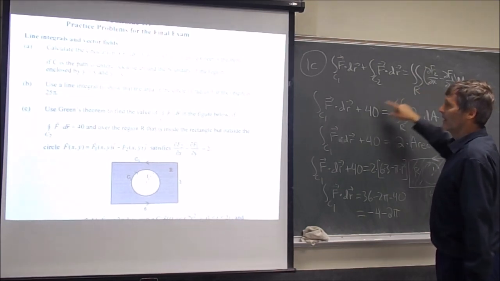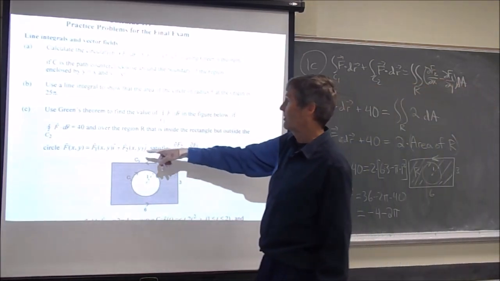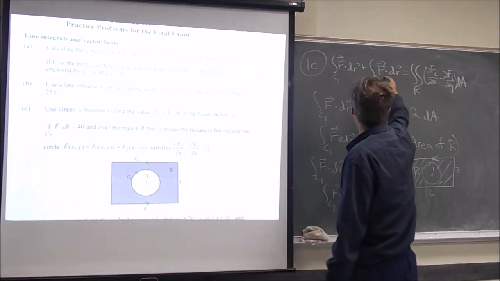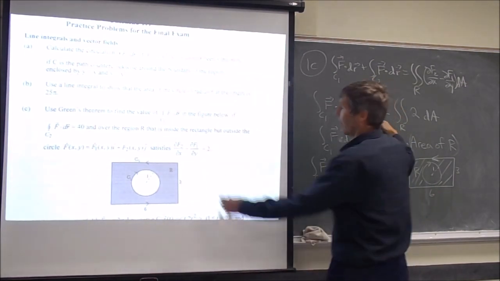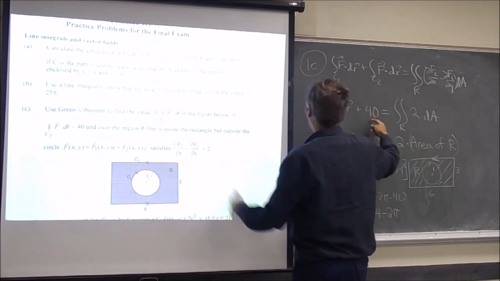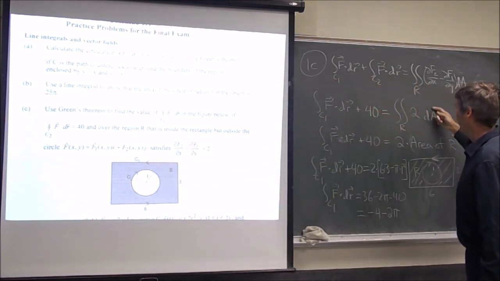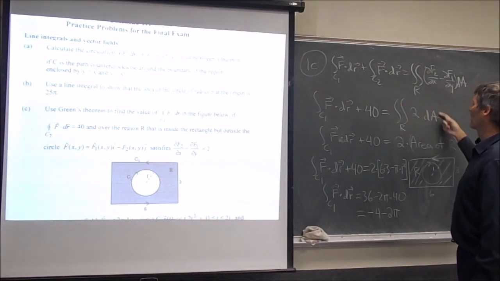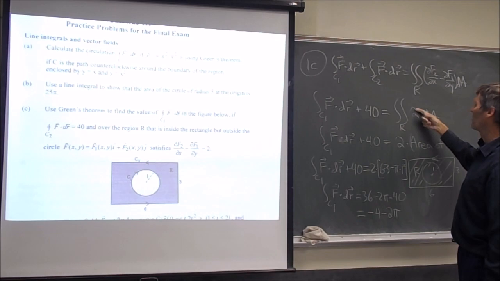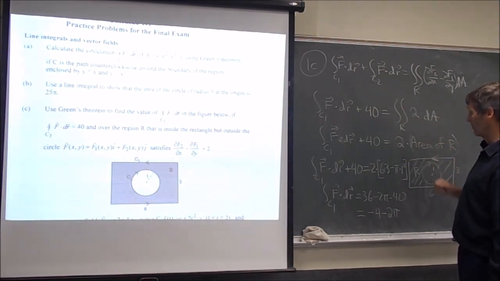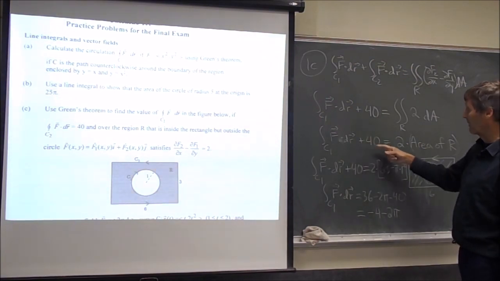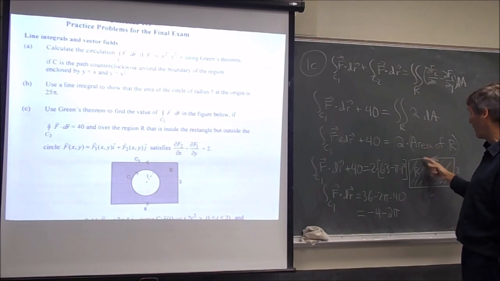So now the problem also tells us that the line integral around C2 is known to be 40, so we'll put that in. And that over the region, ∂F2/∂x minus ∂F1/∂y is equal to 2, so we'll put that in. Now this is the double integral over the region of 2. If you take the 2 out, the integral of 1 is the area, so this is just 2 times the area. And we have the line integral around C1 plus 40 is twice the area of R, the region